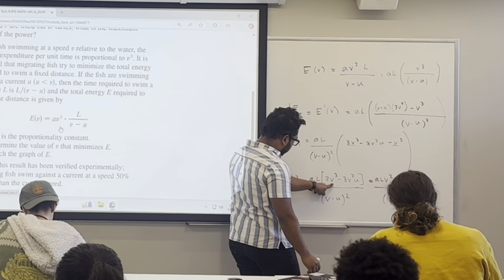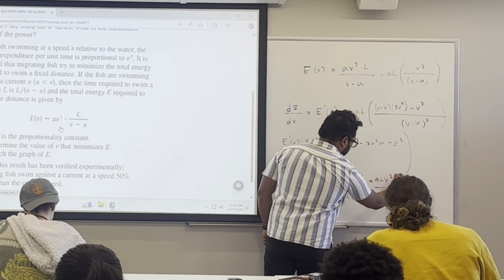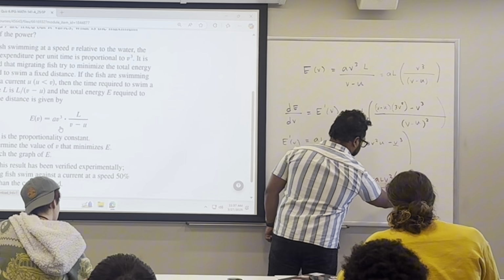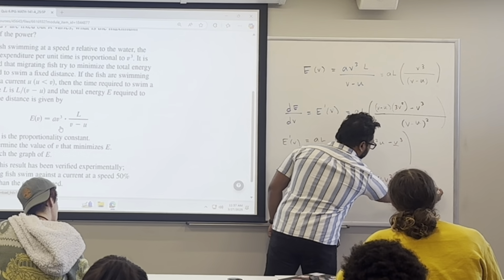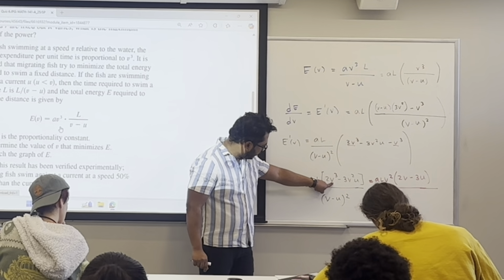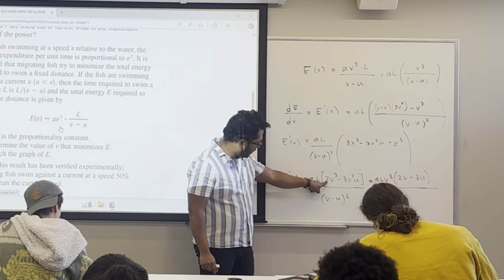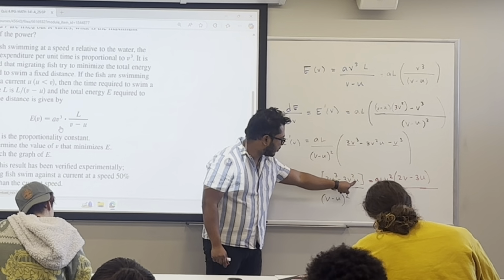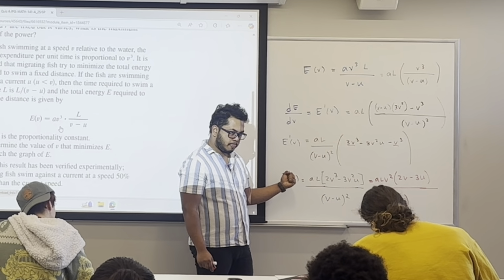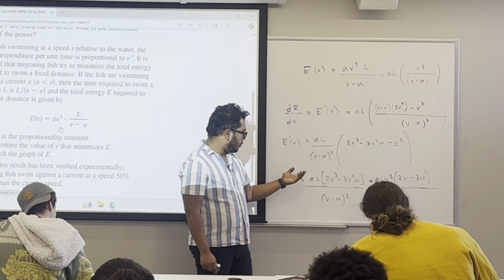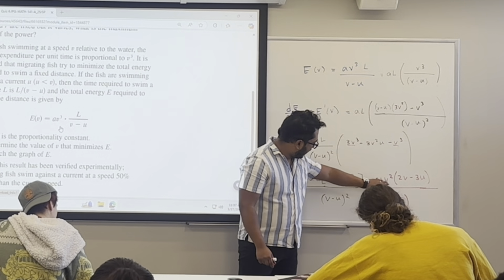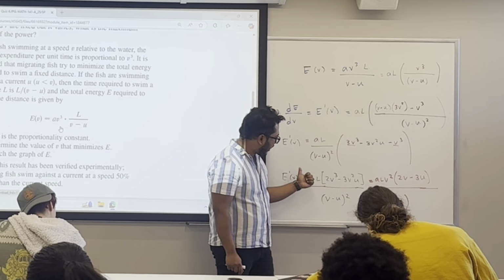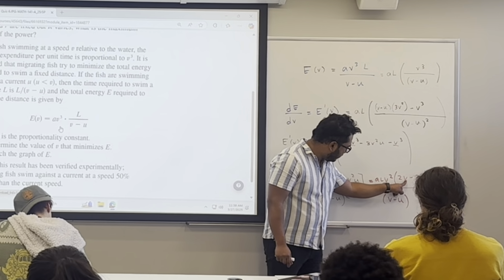So if I take V to the power 2 out, it will be 2V minus 3U. Everybody agree with that? Because if I take V to the power 2 out, it becomes 2V. This becomes 3U. You may ask, can I take it out? Yeah, a common term you can take out. And the only possibility that my derivative can be 0 is when my V becomes,